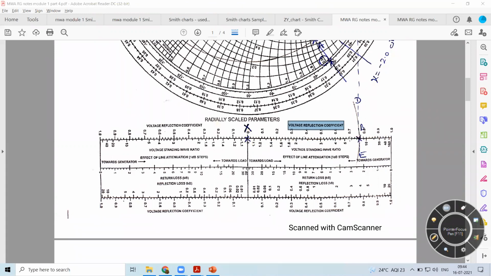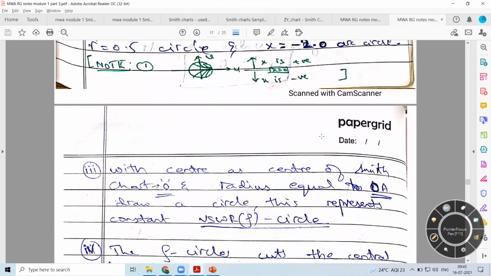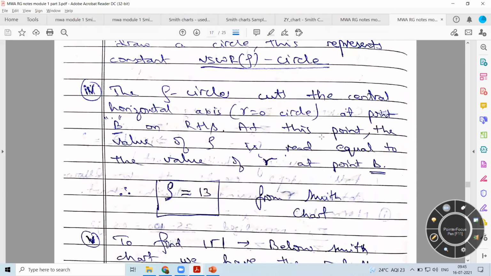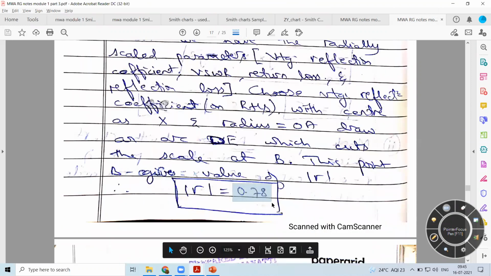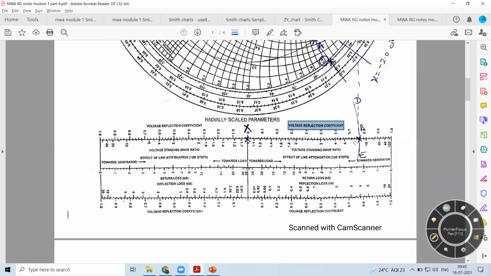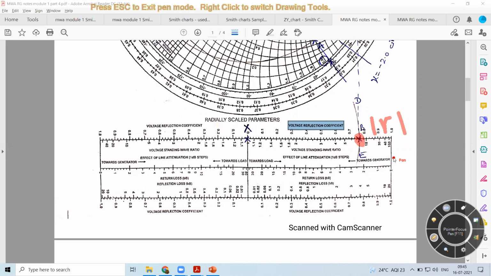In this case, it is roughly around 0.7, 0.72, 0.76, some values there. It is around 0.76. Let us see what value we had obtained over here. When we obtained that, we got it around 0.78. So on the Smith chart, just read out the scales. In this case, we have marked the point B, which gives you the magnitude of the reflection coefficient. Now, what about the angle?